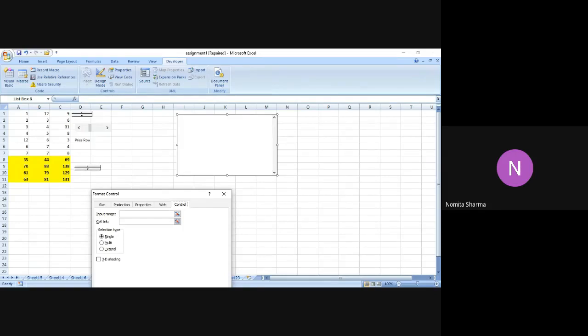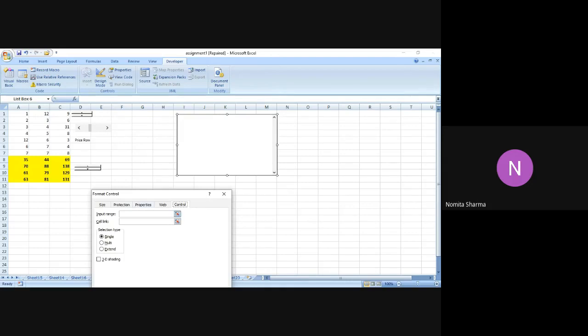But please remember, the main aim of list box was to show you the list of certain values. But whenever we are using certain values, there has to be some more logic into that, because it may be a scenario where you want to get those numbers in the list, but you may also want to highlight the position of a number in a list. So that also can be done when we can use the index function in the list option.